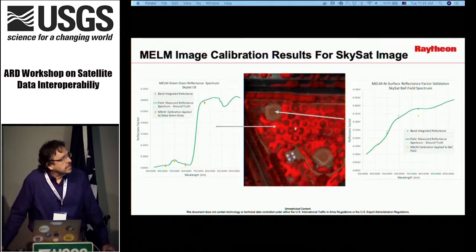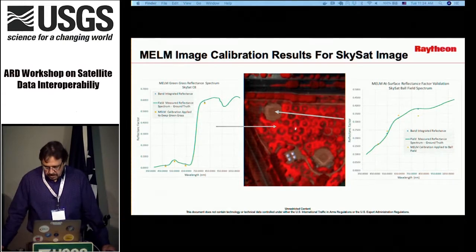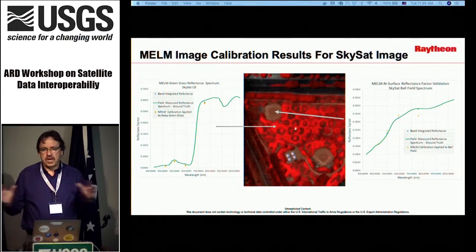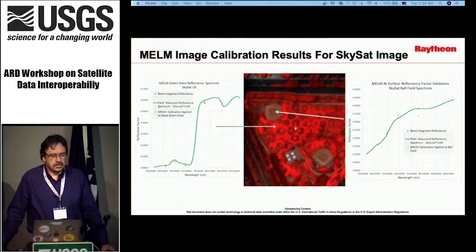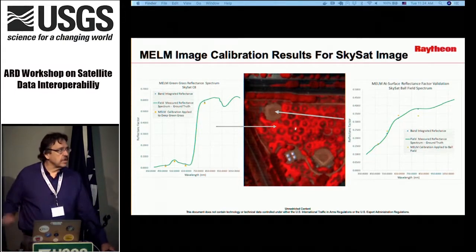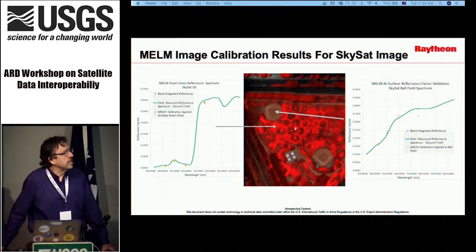The target itself provides a way of providing a target on the ground. Even though it's small, it makes it really easy to use because these are small targets. Normally you have to put out very large targets to be able to apply the empirical line method. But we have developed an algorithm for being able to convert the specular reflectance to an effective Lambertian reflectance factor. And so once you have a target in the scene and you measure the reflectance of the background just around the target, you can actually use it to calibrate the whole image